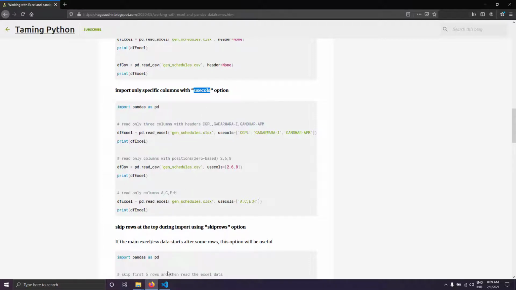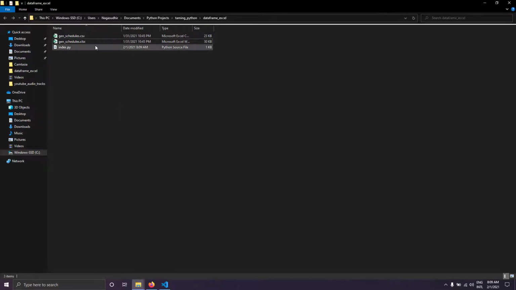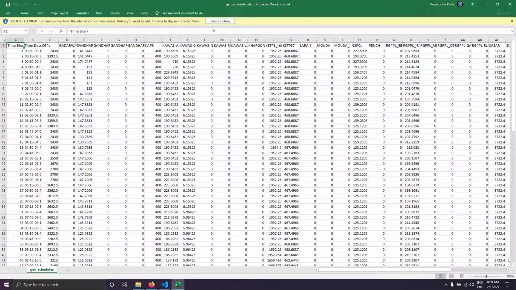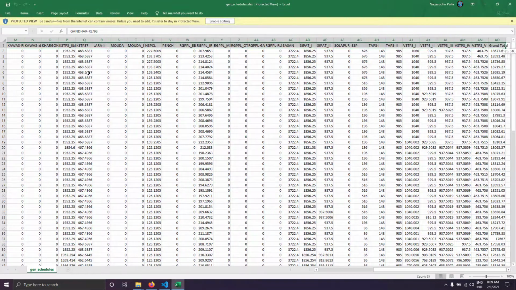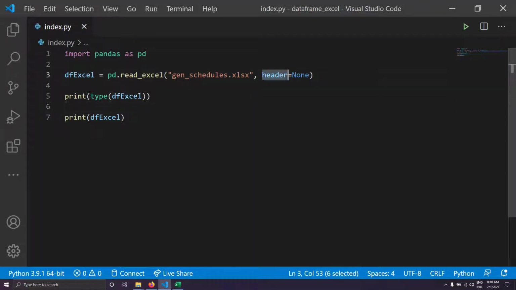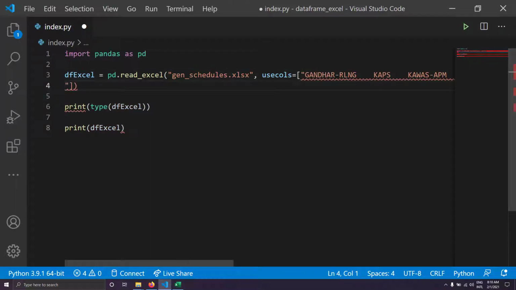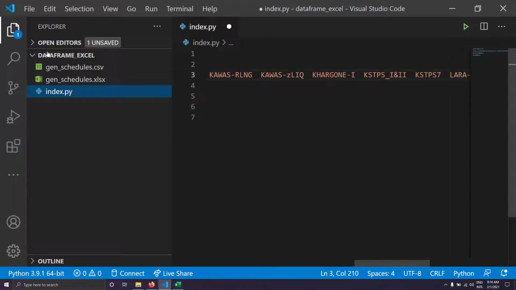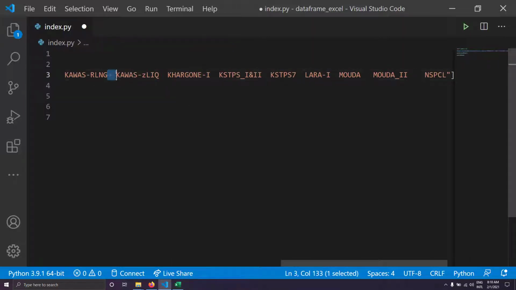Okay, so this is also a very interesting and important option. I'll just show you the scenario. This is my excel file, right? And in this excel file, how many columns do I get? I've got 41 columns, but I want to take only 10 columns. So how can I do that? Suppose I want to take only these columns. I'll just copy this, and here I'll write usecols equal to, and I will give the array of header names. Obviously I have to separate them with commas. So what I'll do is I'll replace this string with this one.